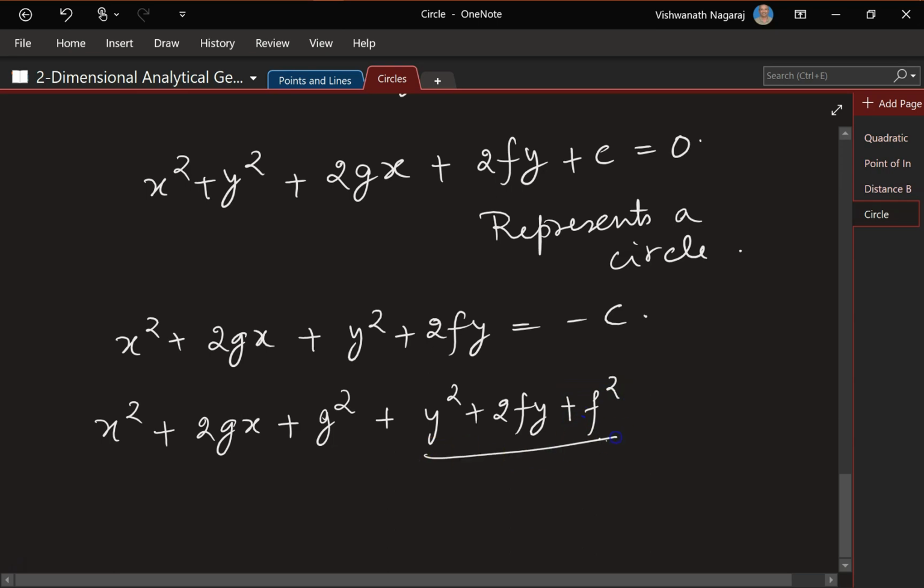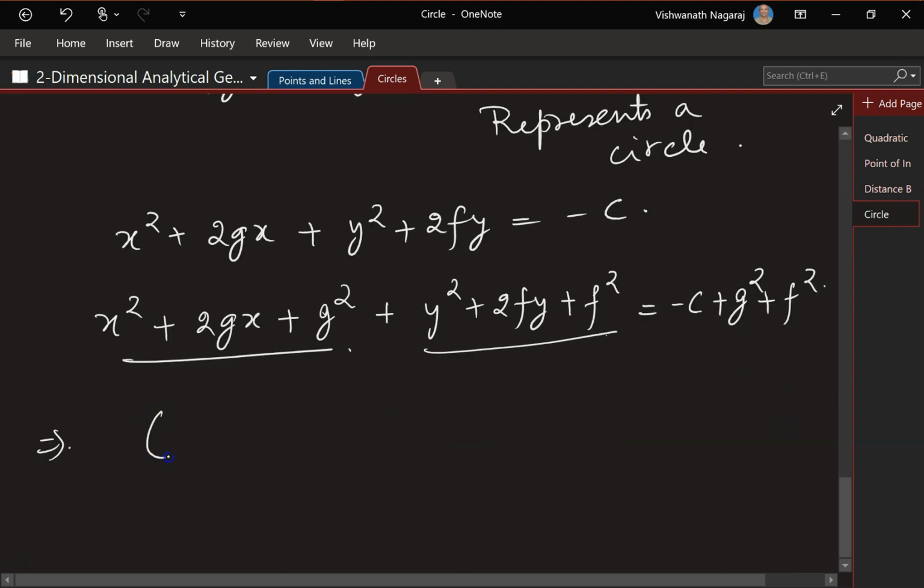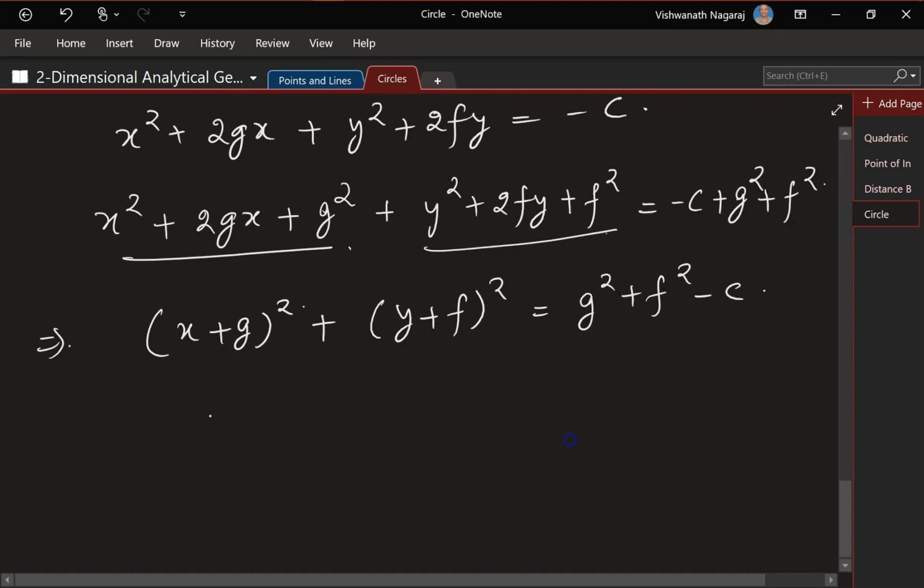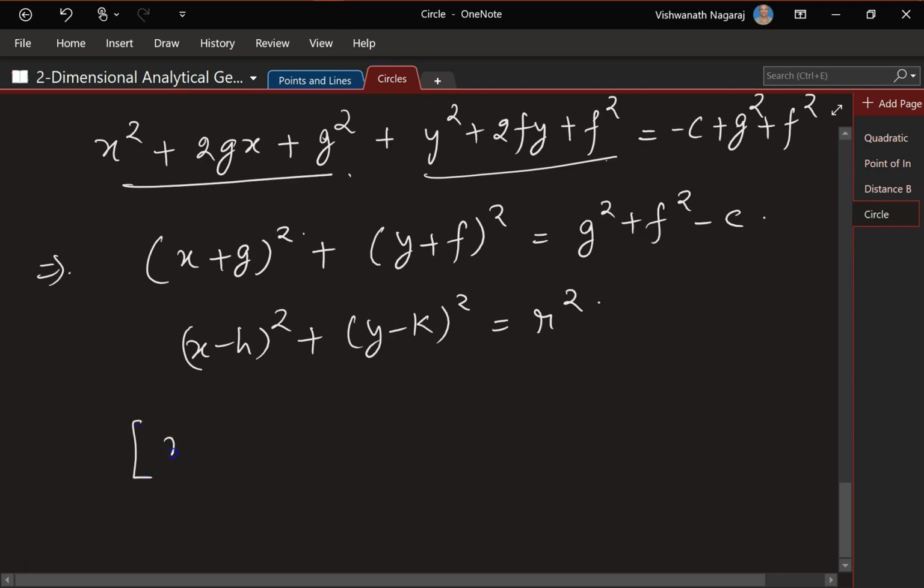Because we added g square and f square, let's add on this side also. So this becomes (x plus g) square plus (y plus f) square is equal to g square plus f square minus c. But what we want is (x minus h) square plus (y minus k) square is equal to r square. So we can write (x minus (minus g)) square